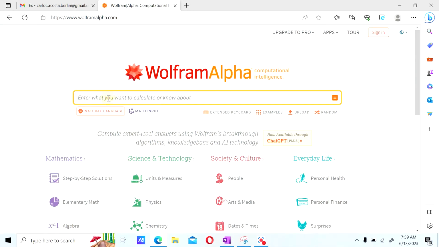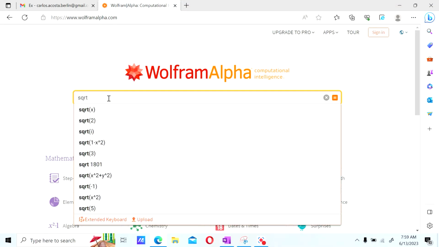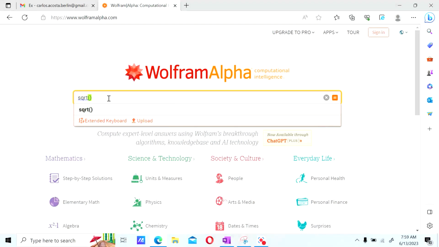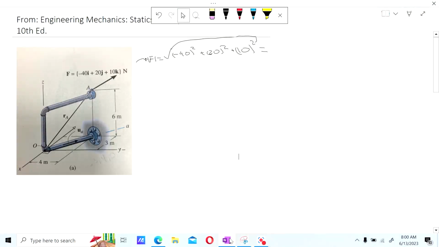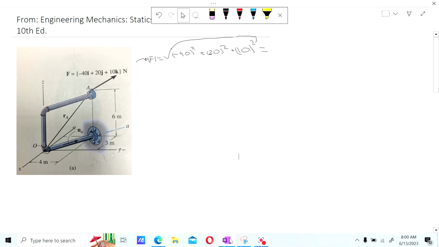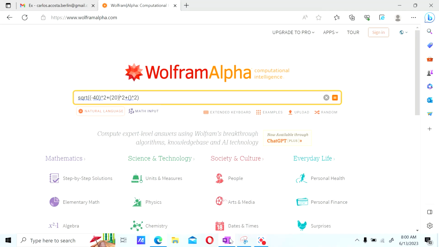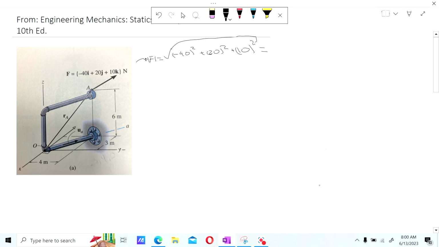Okay, so we're going to do square root of, let's close parentheses first, the first term squared plus the second squared and the third term squared, and now let's populate this. It's negative 40, positive 20, and positive 10. So that force has a magnitude of 48.8, let's say 46